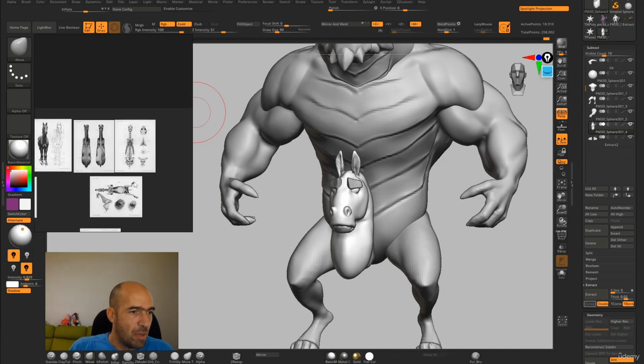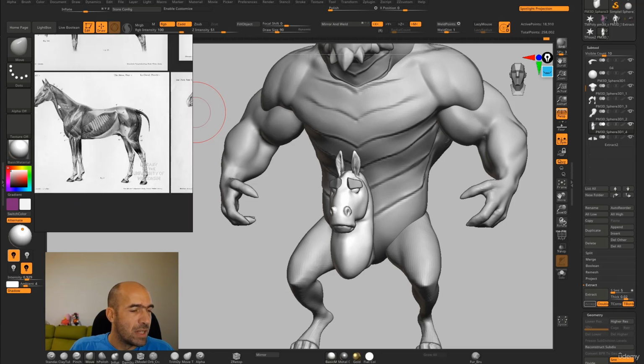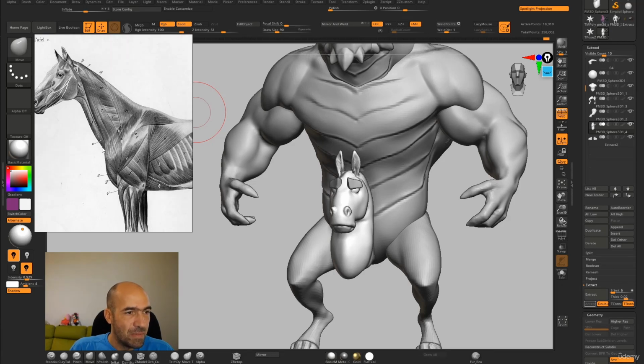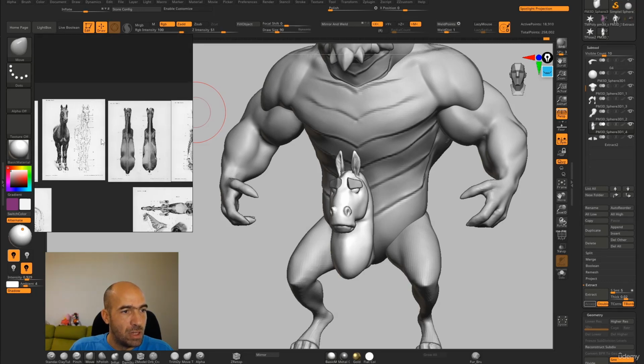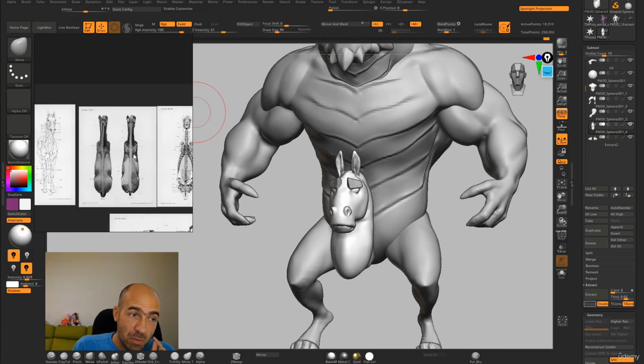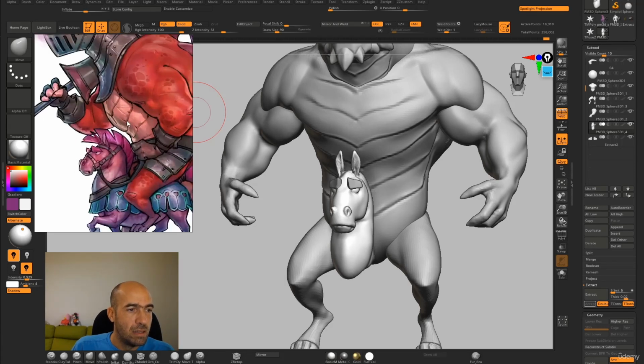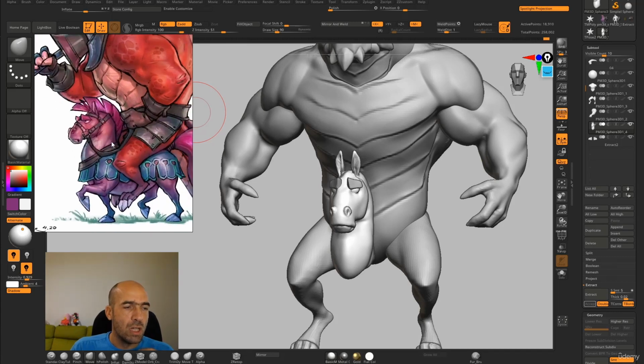So it's similar to most animals, except of course from the side view, where the neck comes into the body, this part here, it's pretty wide, but it's still pretty narrow, as we can see in here. So we have to bear this in mind. But we have to also bear in mind that compared to the head, the neck of this particular horse, since it's chubby and strong, it should be kind of similar width like the neck